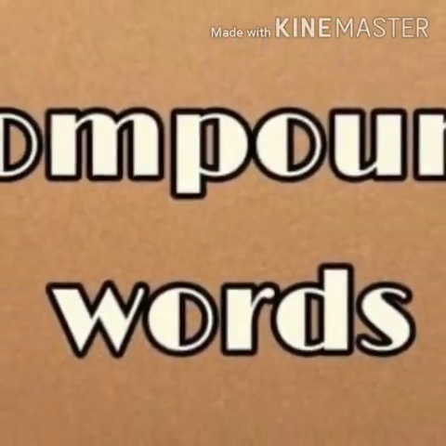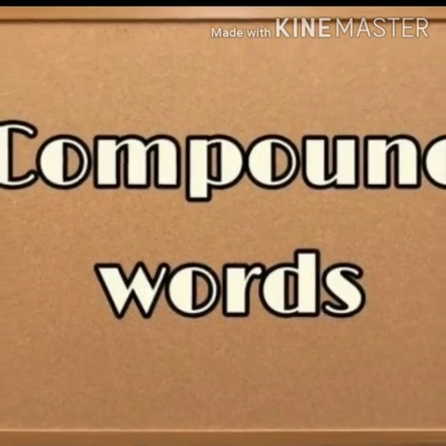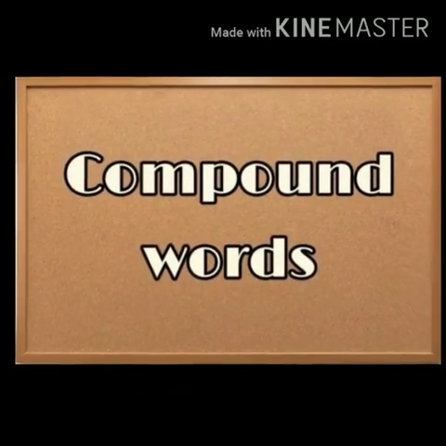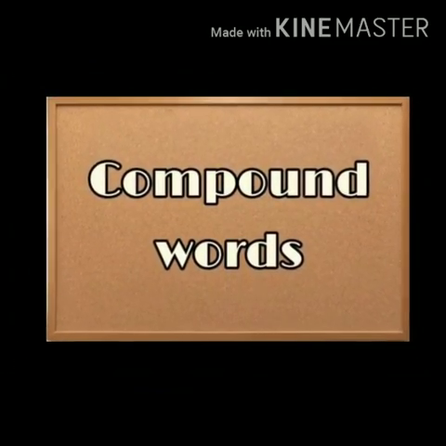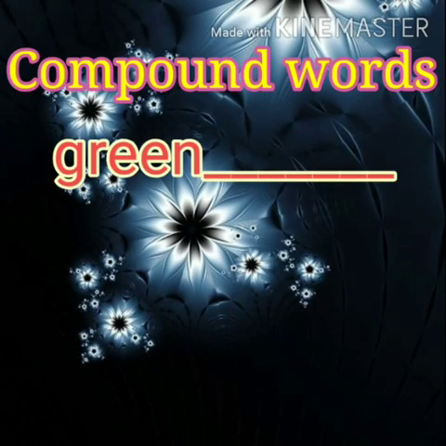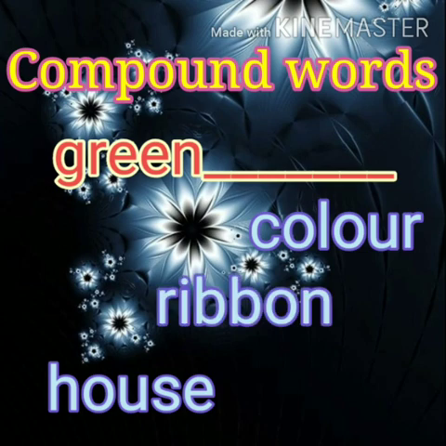And the rules for compound words are not consistent. When a half part is given in a question, you will be asked to find the correct part to combine with the given word. You see the word green, and three words are given here like ribbon, color, and house. Find what word will come to make the particular word green a compound word. See, all the three seem correct only. Green color, green ribbon, greenhouse. All the three are words which we are using.